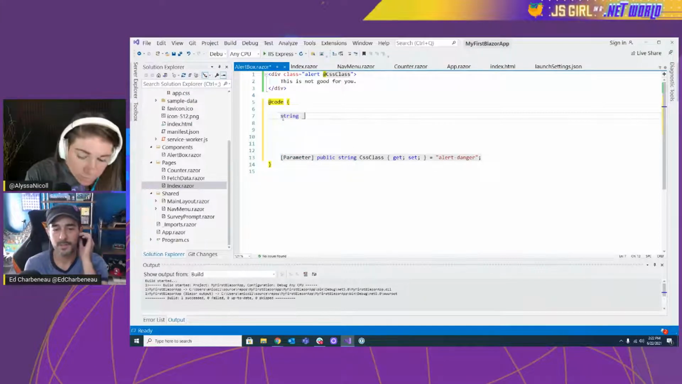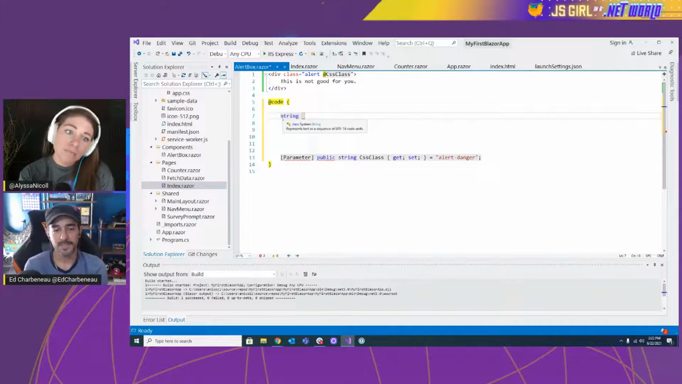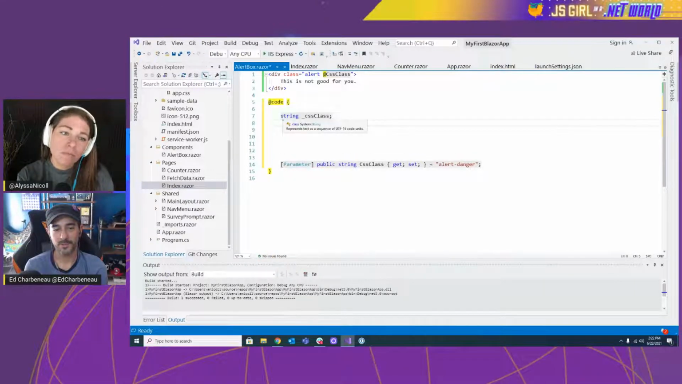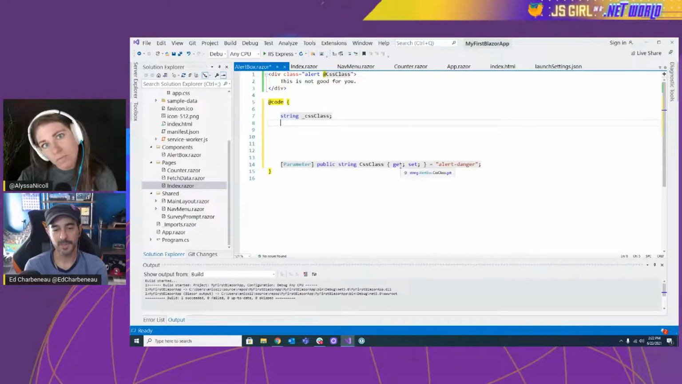Underscore, lowercase CSS class with a... camel case, or I guess lower camel case. Okay. And then semicolon. Now go down to your get and set. These guys? Yeah. So replace the semicolon